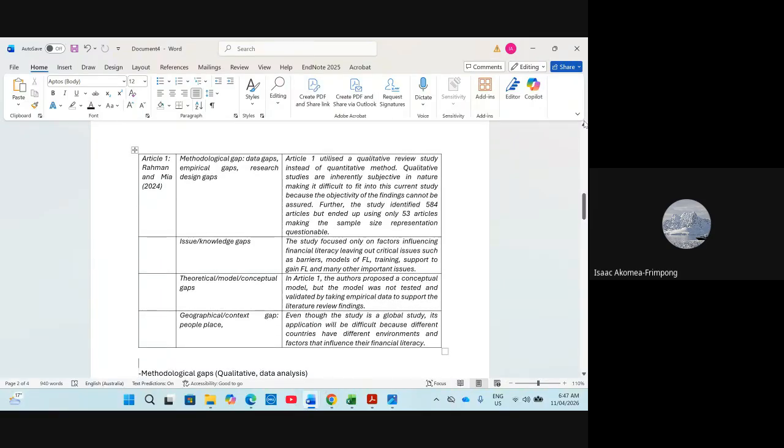So this is how you go about your research, the problem statement area. So you argue about why people should read your paper,